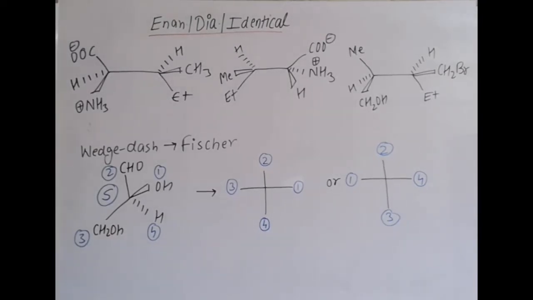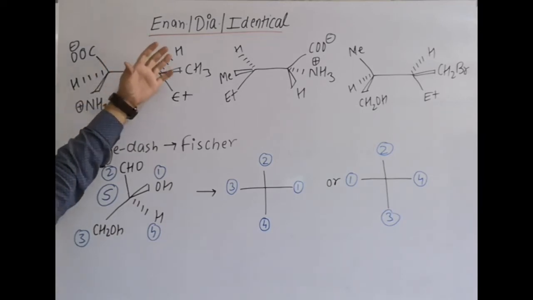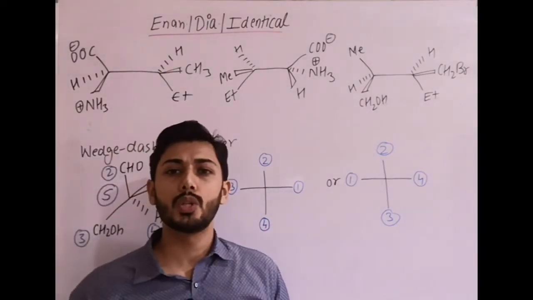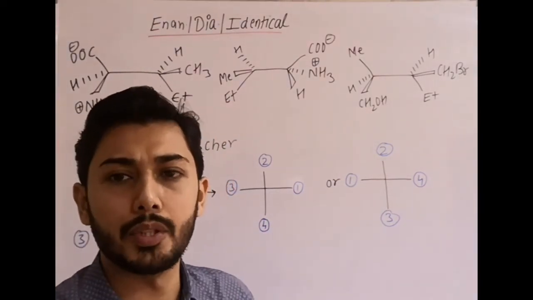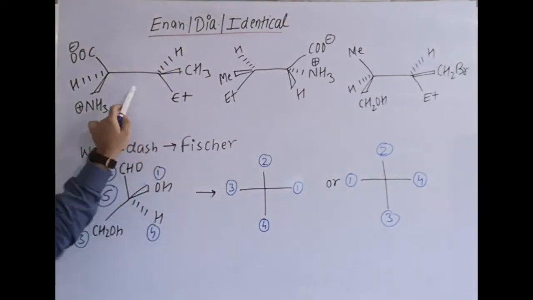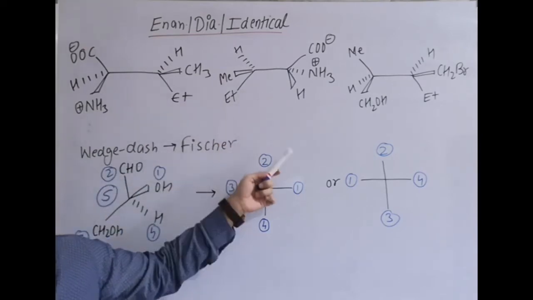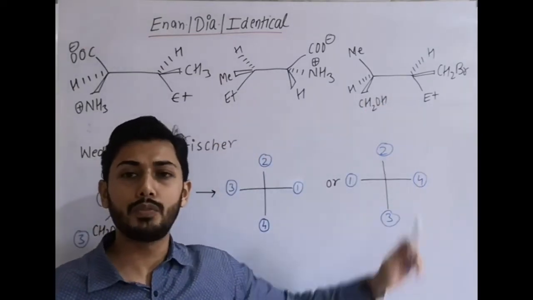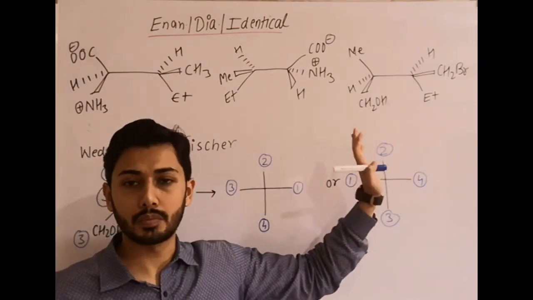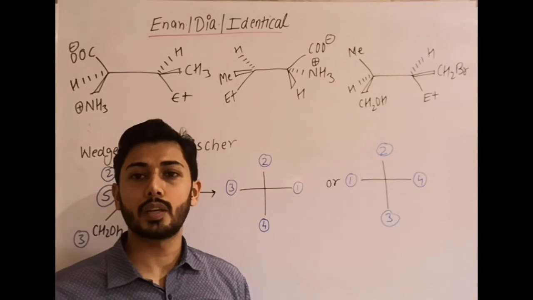Now next is the example where wedge and dash are given and you have to write the correct Fischer projection of this one, because that question can be used in other concepts, like dehydrohalogenation reaction, where in E2 we have done anti-elimination. So this stereo part we can use in other topics as well. Another example is this one, write down its Fischer projection. If you already follow any method, write down the Fischer projection that way and then check the answer. Whatever method we use, the answer remains the same.